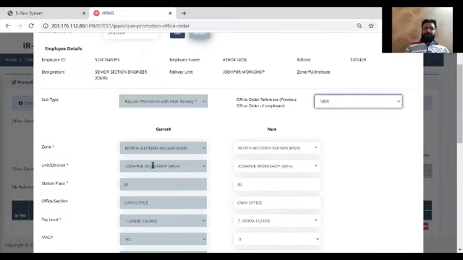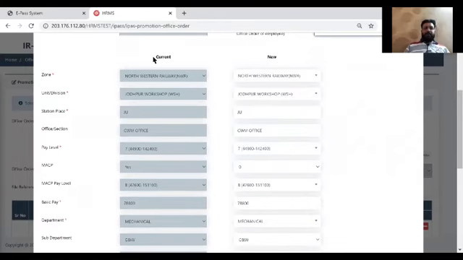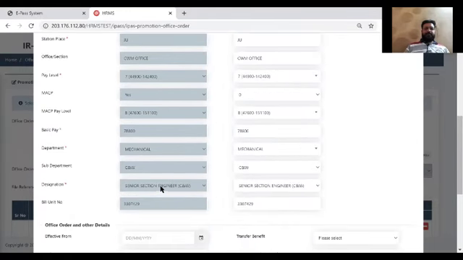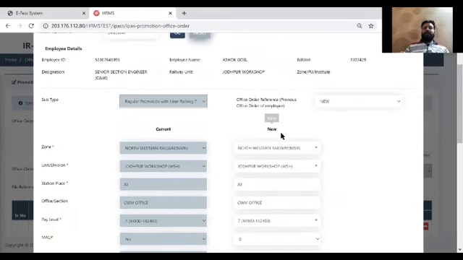So that should be updated and in accepted state. Now here on the left hand side the information shown is from the current tab. It could be zone, division, station, place, cell related details, department, designation, everything is here. On the right hand side, we are going to give the new information that will be updated after execution of the office order.